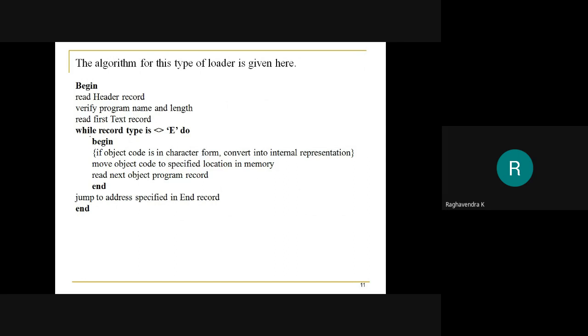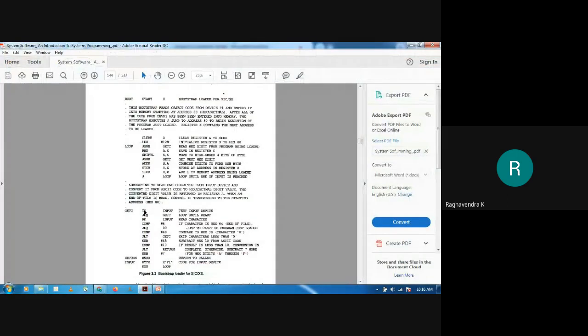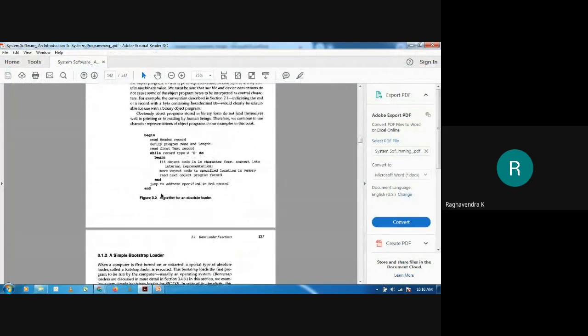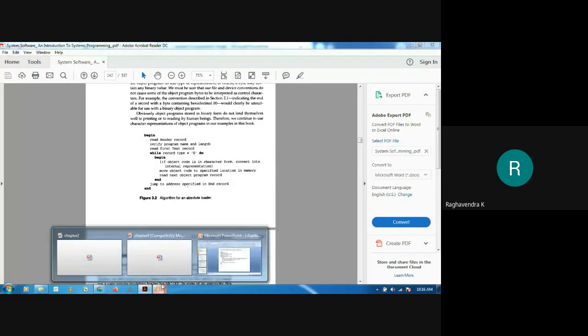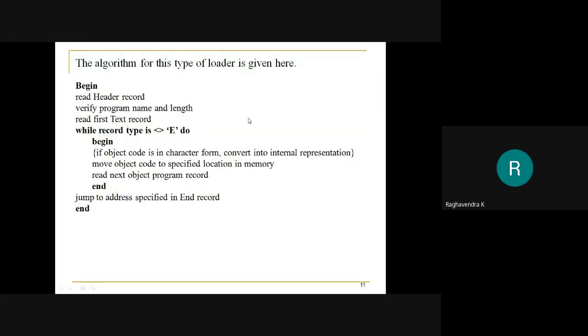Hope you're able to see this. Okay, I'll show the one that's present in the textbook. I shared this textbook with you. This is the same thing. As you can observe, same algorithm. You can study from the textbook as well. Right. So this is the algorithm. Once again, this has been asked in examinations several times. So let us look into how exactly the algorithm works.